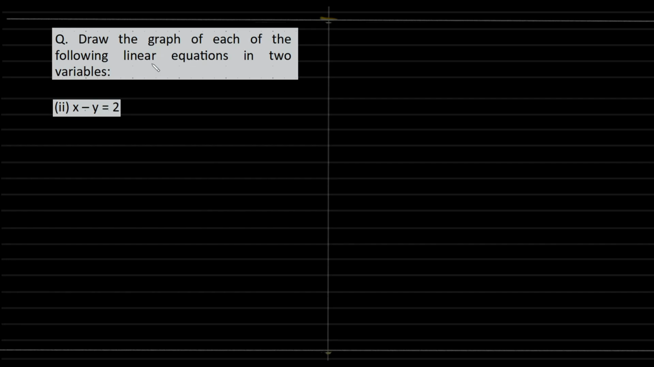Draw the graph of each of the following linear equations in two variables. So we'll begin by writing it in a bit better manner. That is 1x minus 1y is equal to 2. Then we will start with,